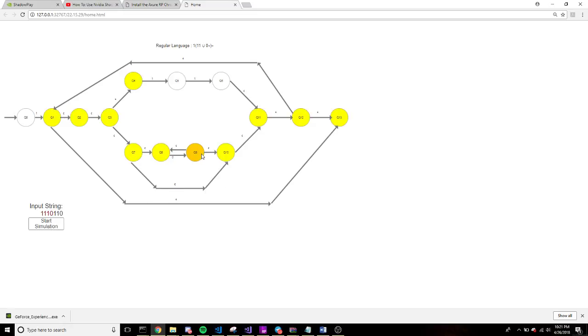And then from there, we have a bunch of epsilon transitions that can be reached yet again from Q9. So all those are highlighted in the brighter yellow. It should be noticed that now we have read 1 1 1 and a 0. So now we will follow those states all the way up to Q12, which will go all the way back